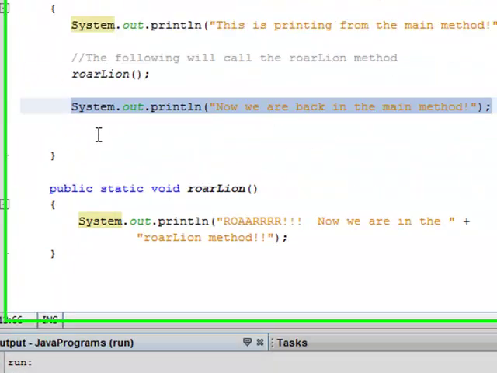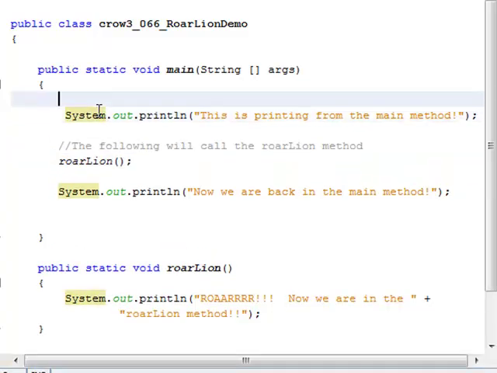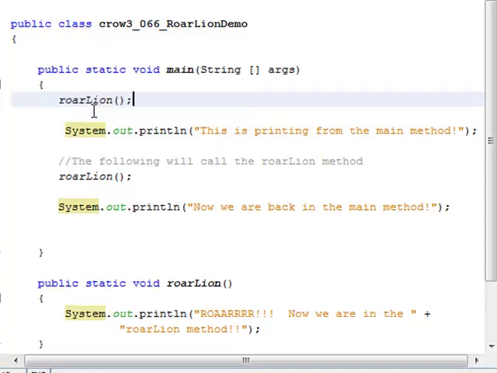Now, let's say if I want to, I can call the roar_line method as many times as I want. I'm going to go ahead and call it before this statement. So I'm going to call the roar_line method twice. So the first thing that this program is going to do after Java finds the main method, it's going to call the roar_line method. So if I run this,